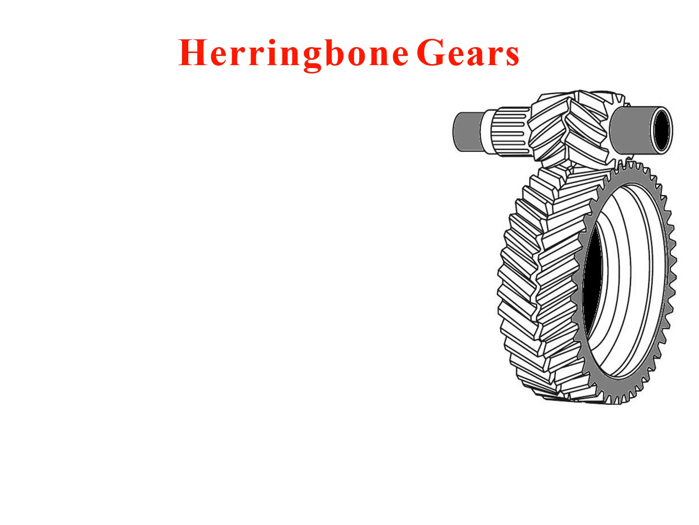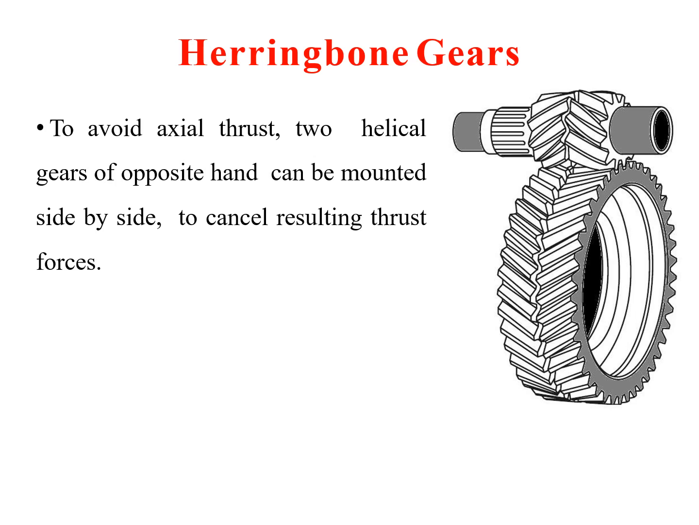Next is herringbone gears. Now here in the image you can see it is nothing but the combination of two helical gears. Such a type of gear pair is used in order to reduce the effect of thrust load. Here you can see one is right-handed and one is left-handed. So to avoid the axial thrust, two helical gears of opposite hand